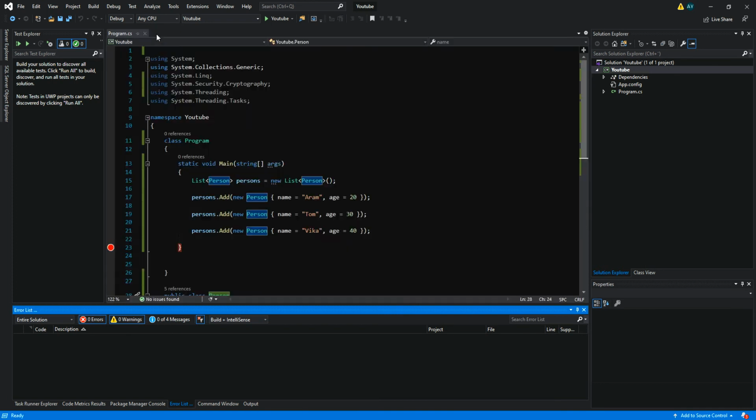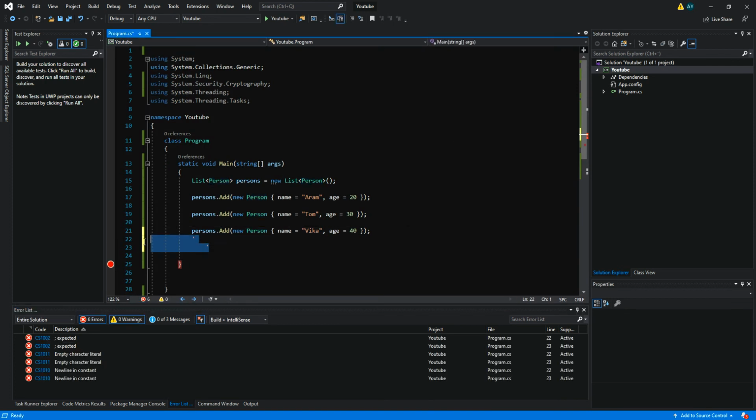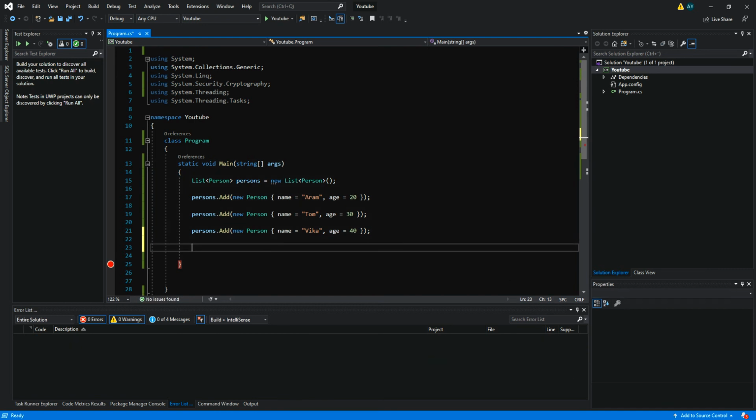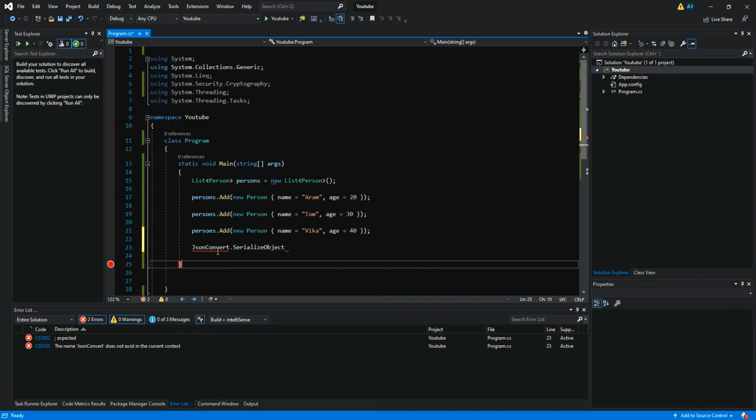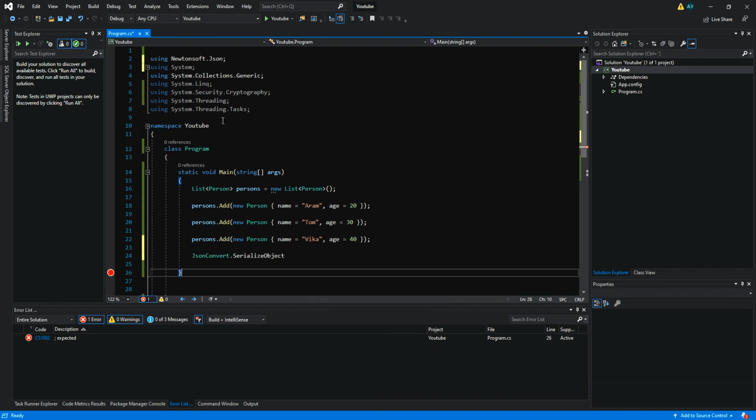So if I go back here and write JsonConvert.SerializeObject, it will complain. It's because I have to import the Newtonsoft.Json library, so it will be added up here. So now the library has been added, I can write JsonConvert.SerializeObject, and I tell it what